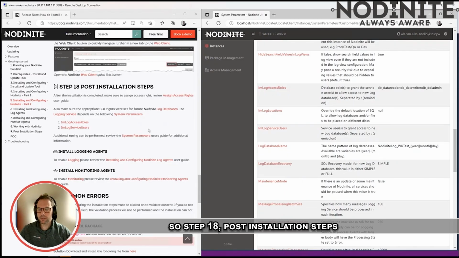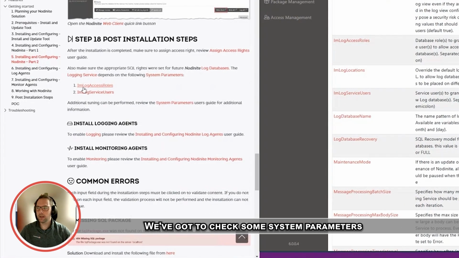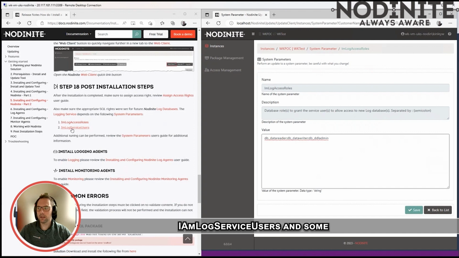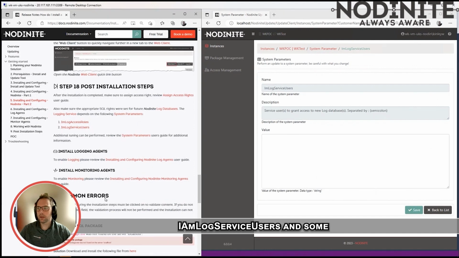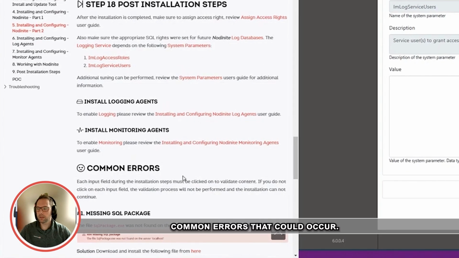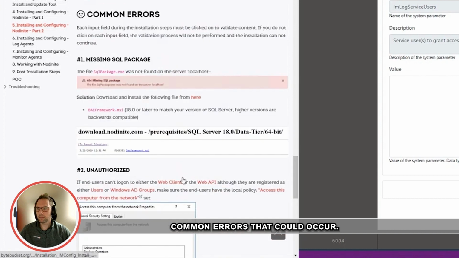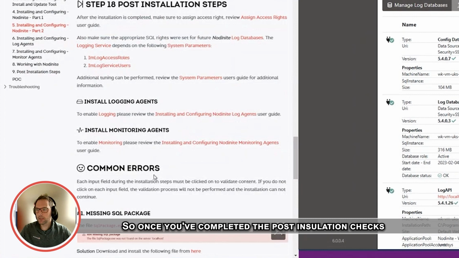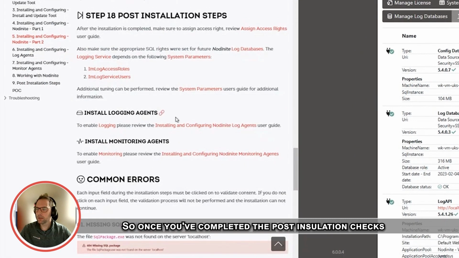So step 18, post-installation steps. We've got to check some system parameters here, IAM log access roles, and the same for the log service users, and some common errors that could occur. So once you've completed the post-installation checks,